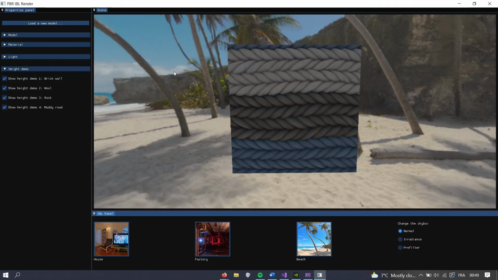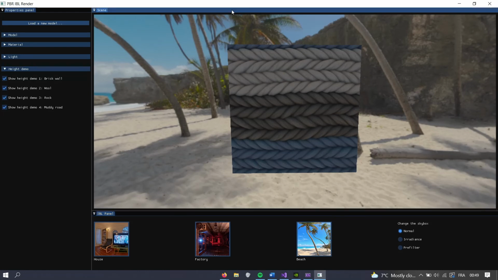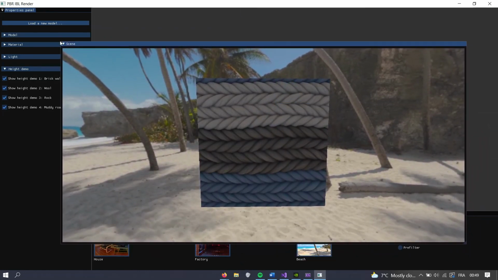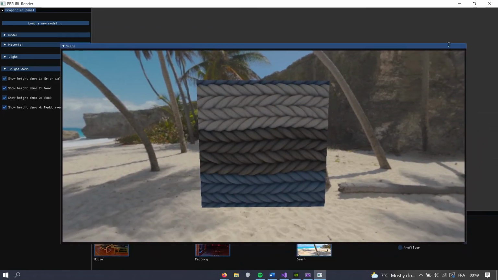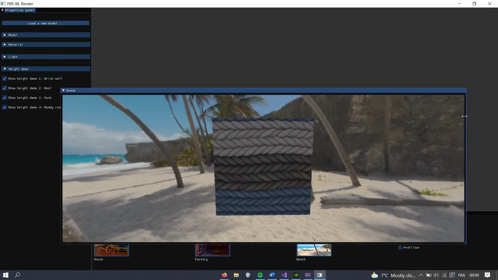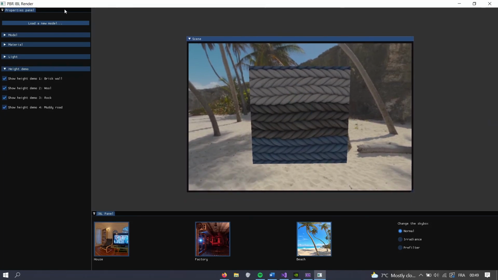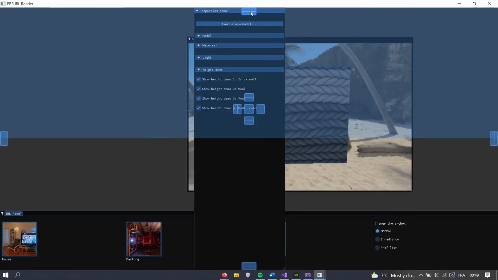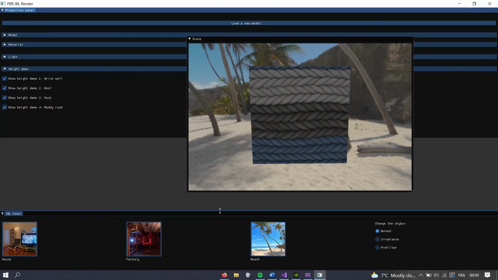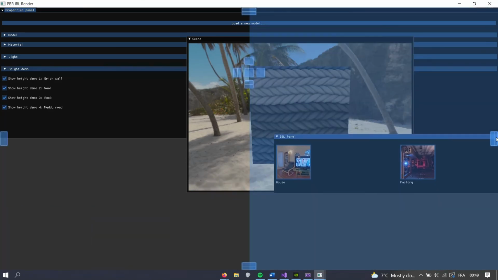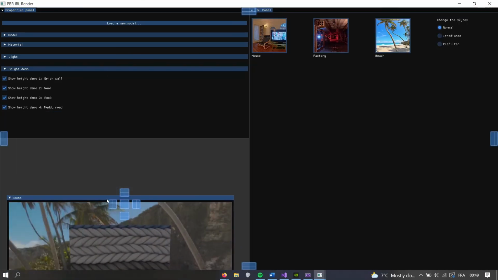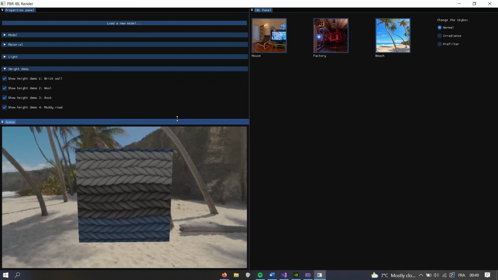Oh, and also I'm using ImGUI for the UI with the panel implementation. So this means that these panels, we can actually move them. So I can move the viewport however I want. I can resize it in every way, and I can place it anywhere I want. So for example, if I want this panel at the top, this panel on the right, this panel on the left, I can have this